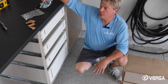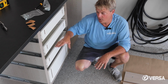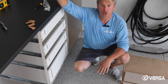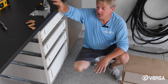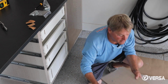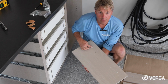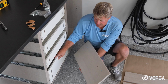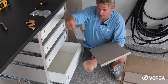You have your set screws, which are gonna get you set on the height you want and the gap you want between drawers. And then after that, you'll use your screw gun and put your permanent set screws in so the drawers don't slide. So we're gonna take our front face, and it's got pre-existing nuts inverted into the drawer face itself that will line up with these slots. So we'll take our set screws,